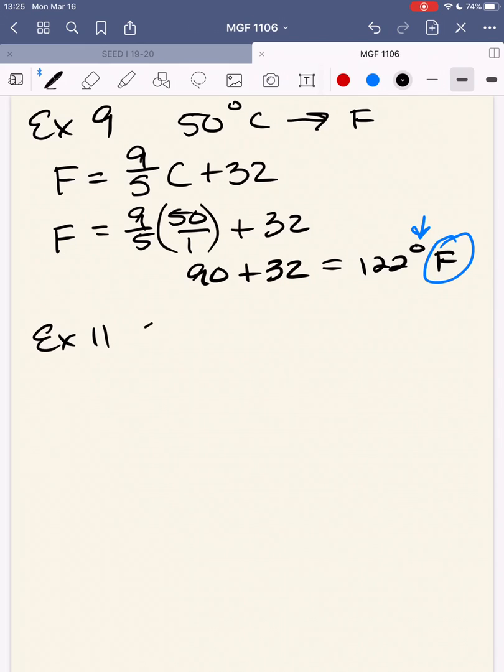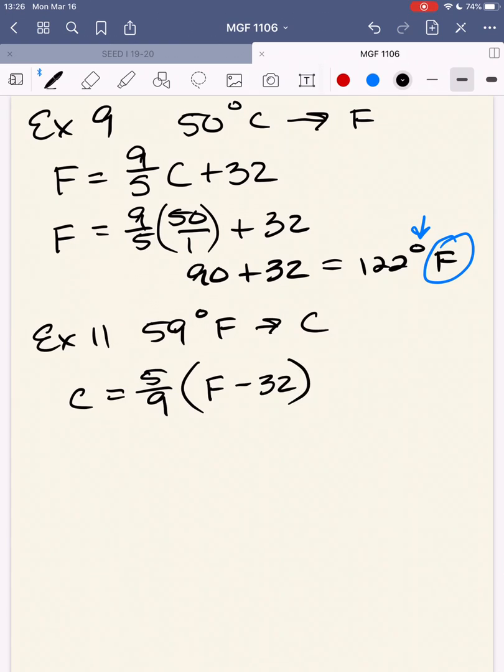The other one I'm going to look at is example 11. I want to go from 59 degrees Fahrenheit to Celsius, so I need to use the other formula. Celsius is equal to 5 over 9, and this one gets parentheses. Remember, my Fahrenheit is in the parentheses, minus 32. Then I have to subtract that first, so I have 59